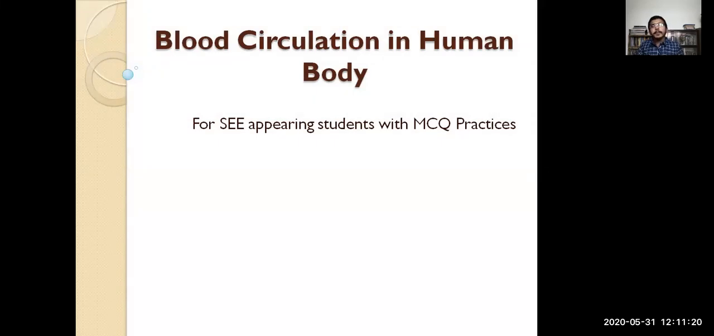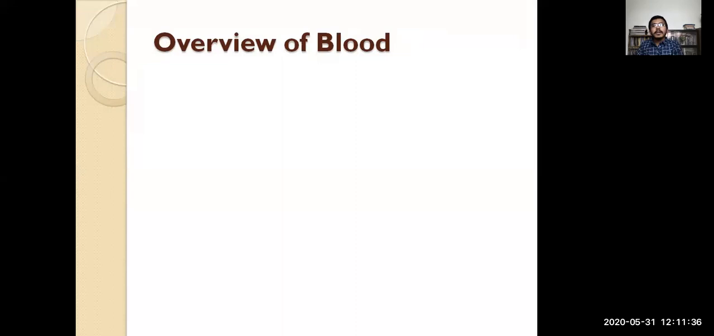So on today's session, we are going to discuss the blood circulatory system in the human body, and this has been targeted mainly for the operating student, and we will also discuss a few of the MCQ questions at the end of the session. And on drawing a short overview of the blood, it is a fluid connective tissue